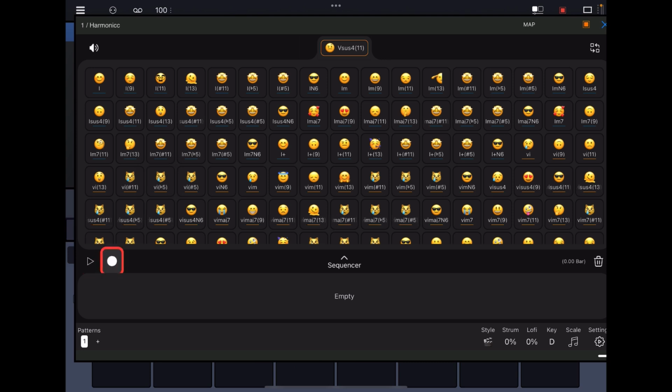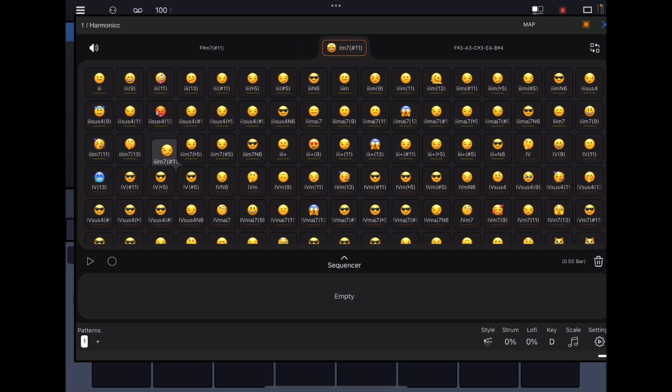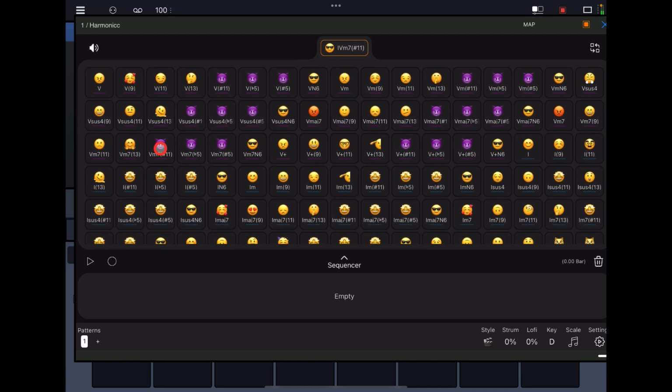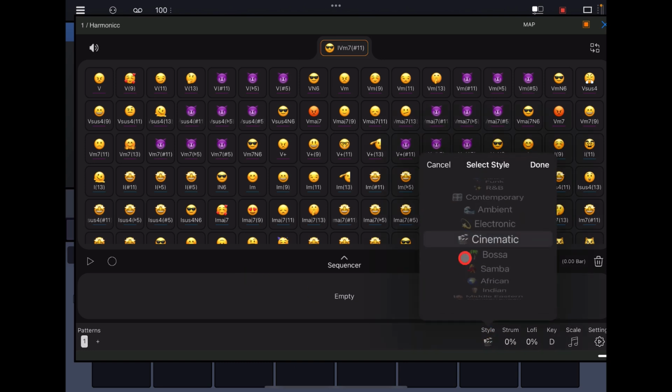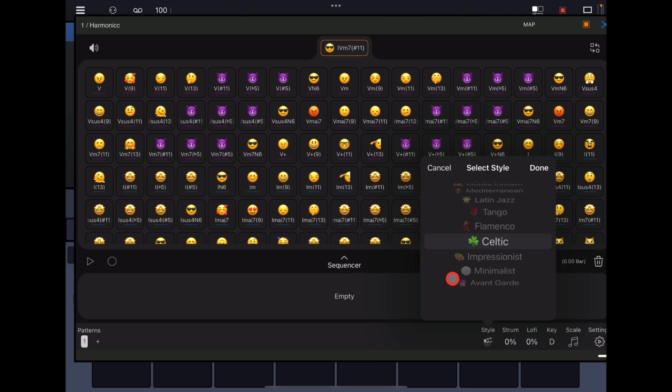Like I said before, if we switch this record button off, none of these chords will be added to the sequence, but every time I press a chord, it will change. Okay, you might not want that. So let's choose a different style. Again, just to hear some different styles. Let's go with, say, there's loads and loads. Look, let's go with